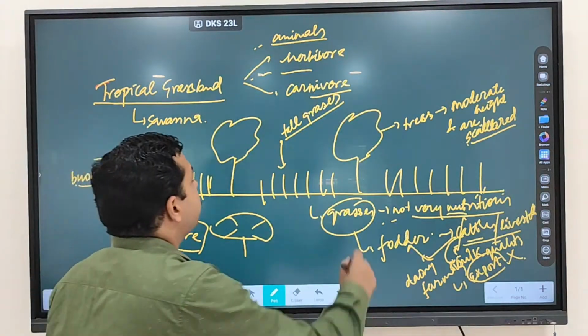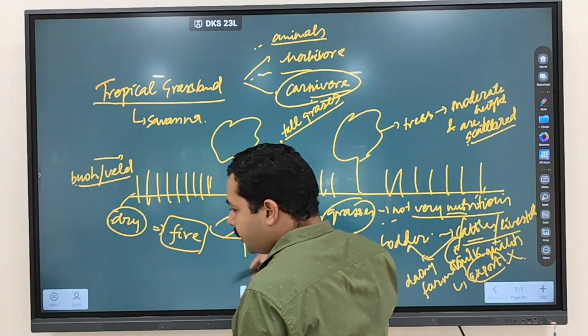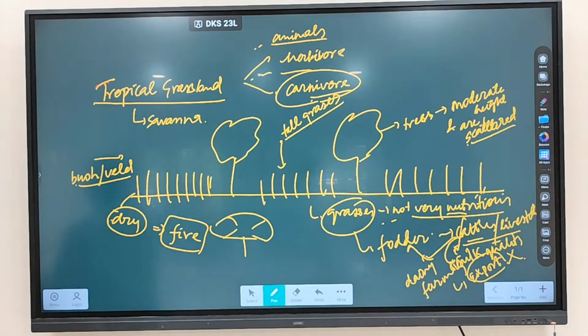Clear? Why carnivore animal? Because tall grasses allow them to hide. When they are catching the prey, what will happen? If prey will see them, like tiger, lion, then what will happen? They will run away. So tall grasses allow them to hide and catch the